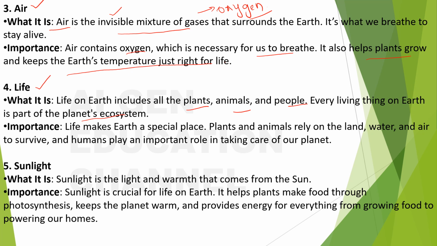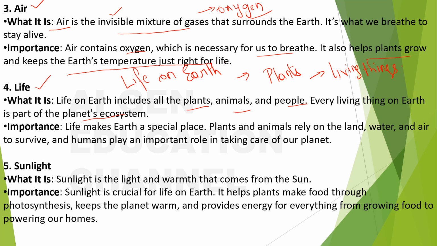You will have life on the earth. So what is life? How about plants? Do you all know, right? Plants are considered to be living things, right? They are not non-living things. They can grow, and they can reproduce, right?